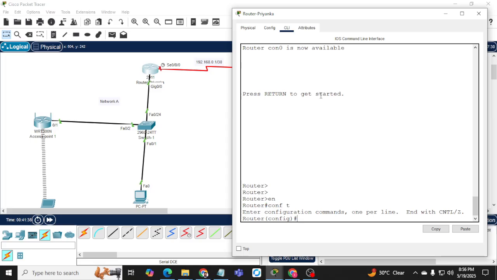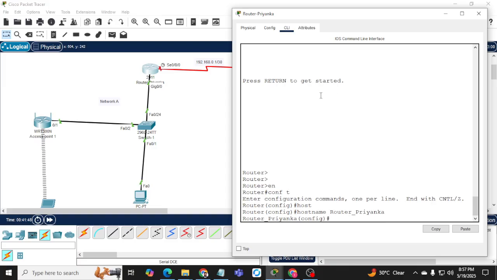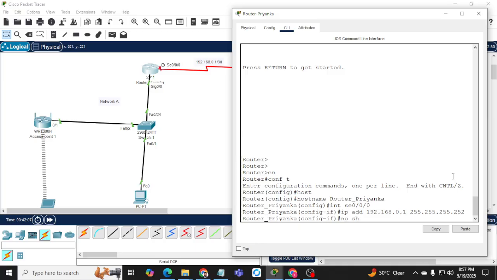On the first router I have to change the host name also, router Priyanka, and interface serial 0/0. IP address will be 192.168.0.1 and slash 30. We have to use the slash 30. For slash 30 you have to use 252 as the last octet of the subnet mask. Then no shut on this side,